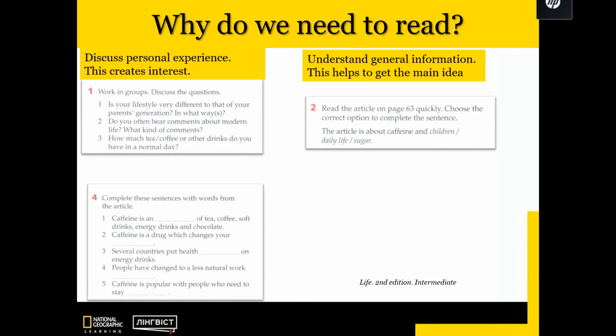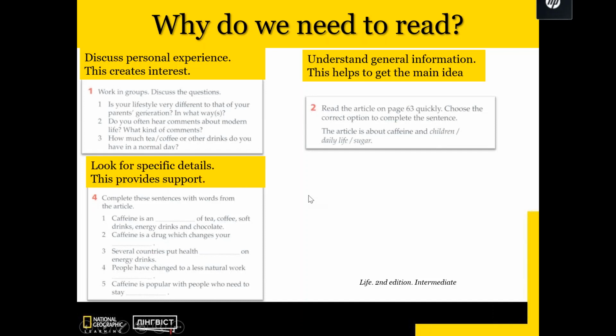Fill in the gaps, the typical exercises. But again, what I like about the book is that the topics are not trivial. So it's something that lots of people talk about today, right? And the questions are not very simple, so you can't always guess it, right? You really need to read. For example, caffeine is a drug which changes your, what can it change, right? So it's like a hook that makes children or teenagers or adults read the text,